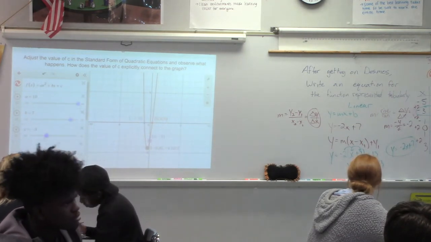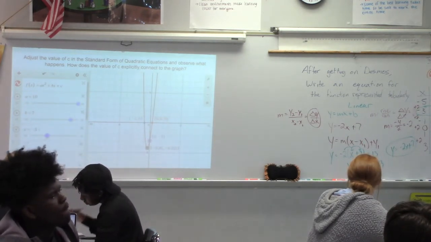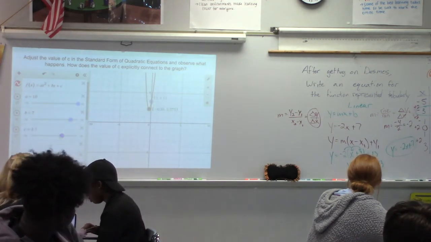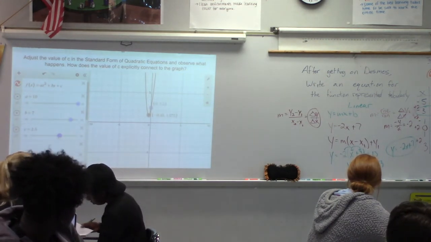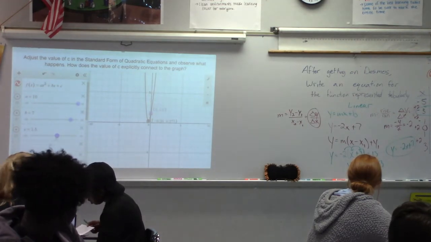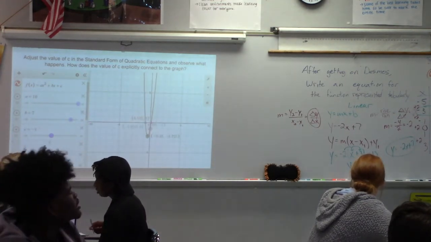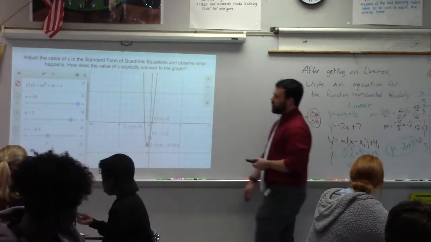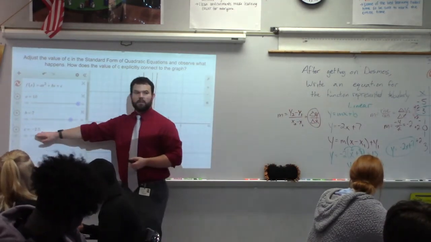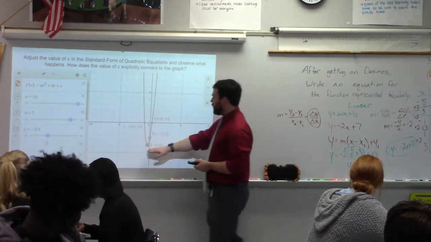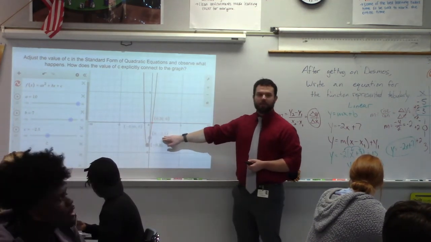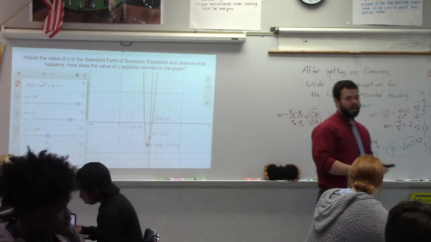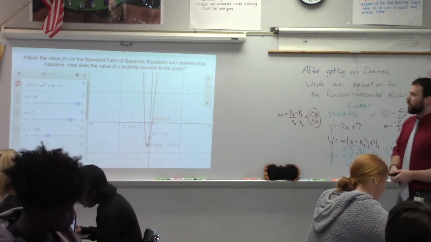We also noticed here with the standard form, what is C controlling? The Y value, yeah. There's a lot of Y values. Which Y value? The Y-intercept. The Y value of the intercept. Note right now, C is what? Negative 2.5. What is the Y value of the Y-intercept? Negative 2.5. So that value of C is defining the Y-intercept. And so we took notes on